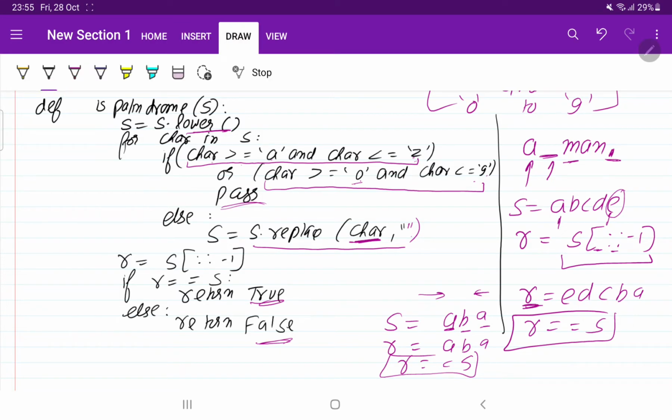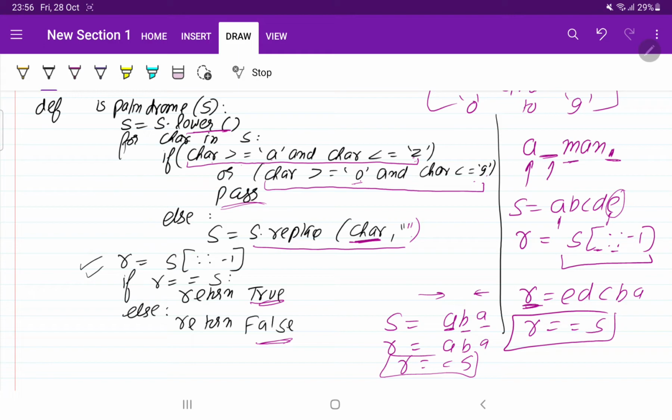See what we are doing. s.lower will traverse each element, check whether it is uppercase or lowercase, and convert it into lowercase. So here we are traversing the string one time. In this loop also we are traversing the string one time. Then we reverse the string and check the solution.